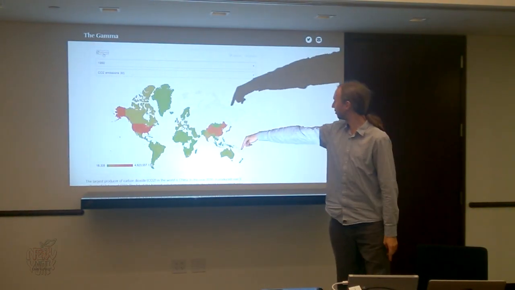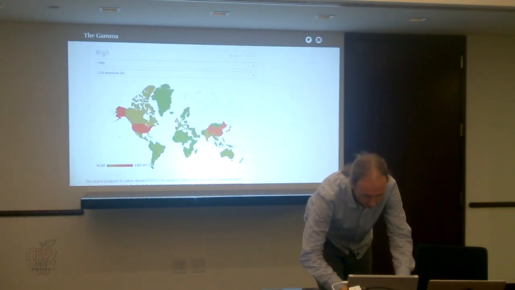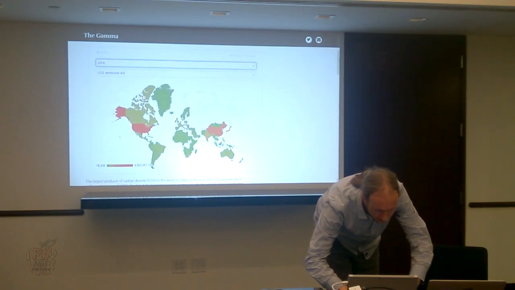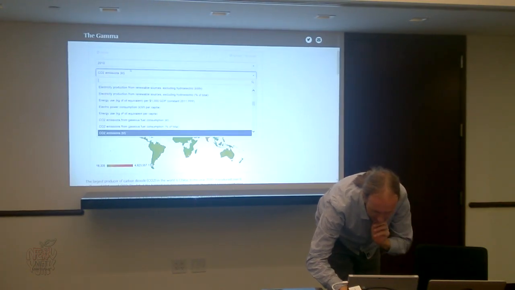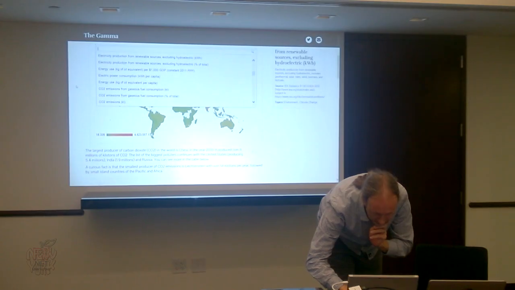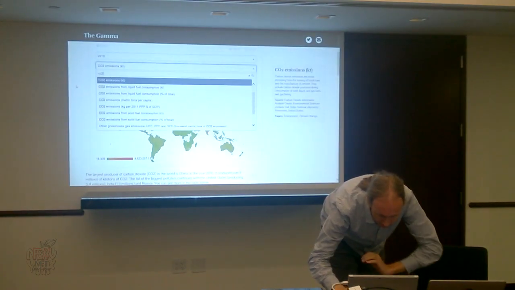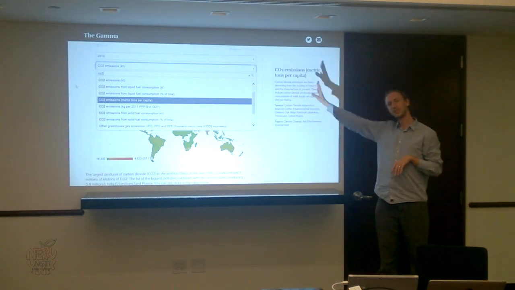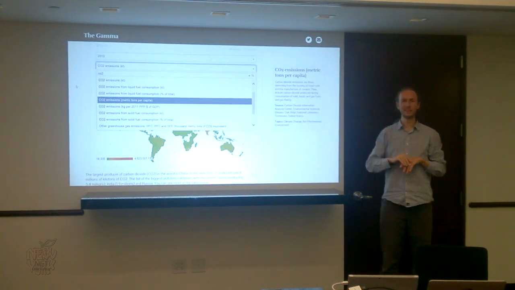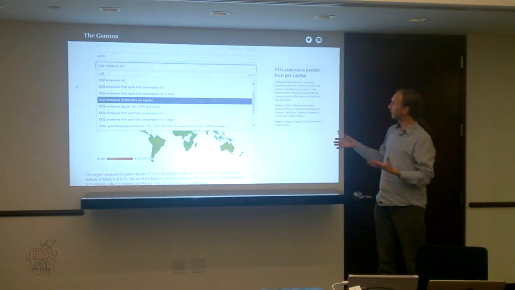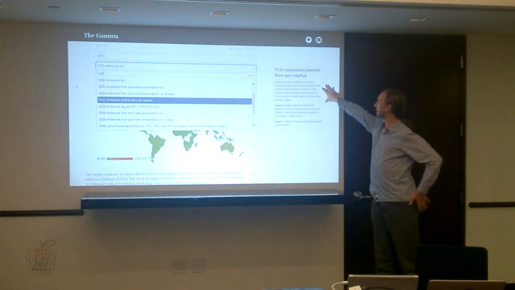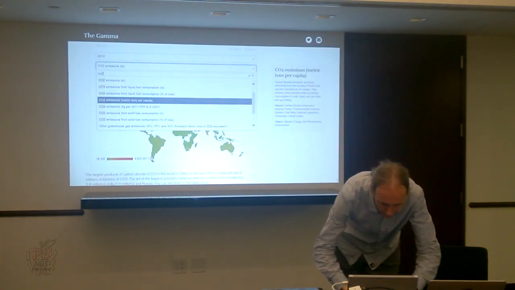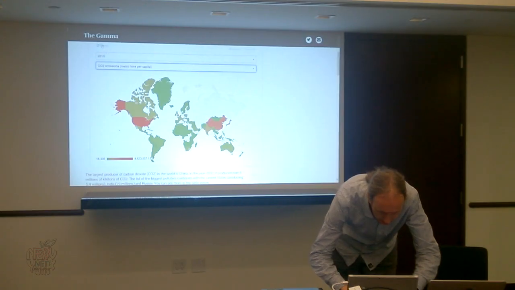We are also missing data for the Eastern Bloc because they were not releasing it back then. If we go back to 2010, let's have a look at something else. Let's have a look at carbon emissions per capita. And there's another interesting thing happening here, because as you're choosing things, it can show you some metadata about the information. So here, this tells me what the indicator means, where it comes from, and what topics it belongs to. And if we select this and do a refresh,